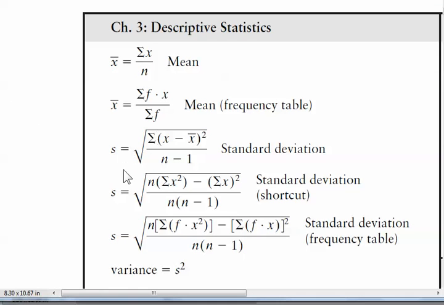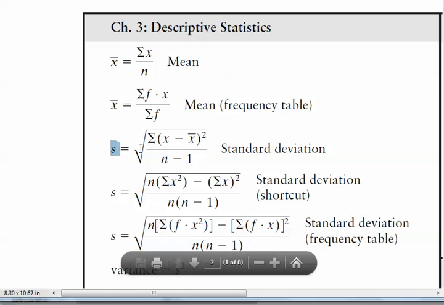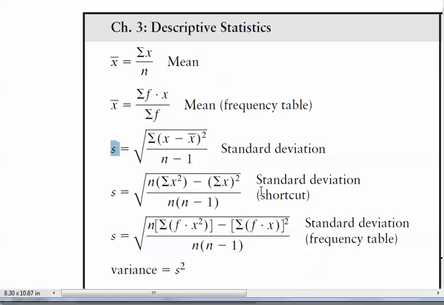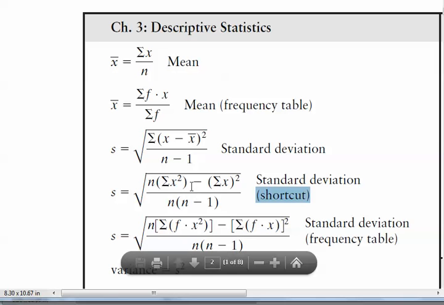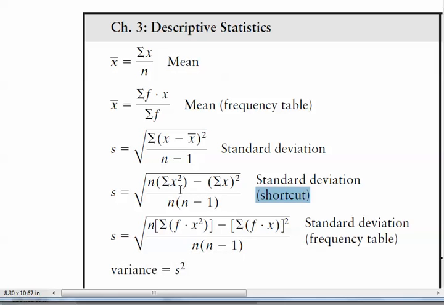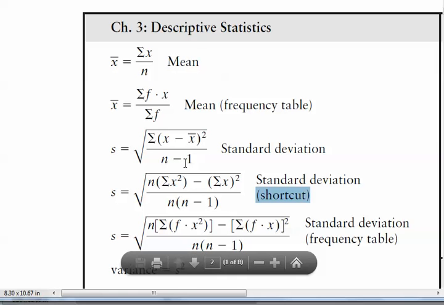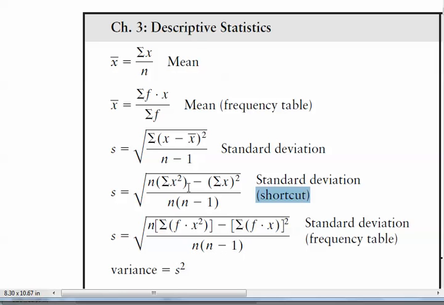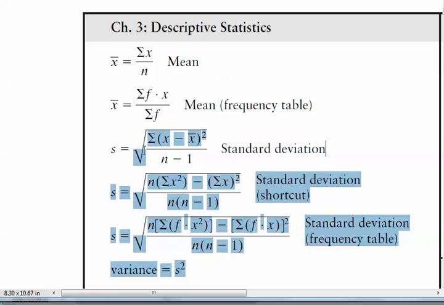They go over all these. Look right there. They've got your sample standard deviation determined by this formula, and then they've got the shortcut. Well, the shortcut isn't much of a shortcut when we're using technology, but the shortcut would be good if we were doing it all by hand. It looks overwhelming at first, but it's actually easier to do this calculation than it is to do this calculation for bigger sets. For smaller sets, this one's actually easier, and so I'm going to go ahead and demonstrate this